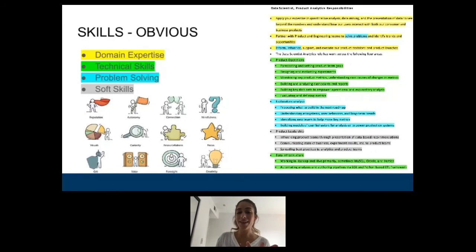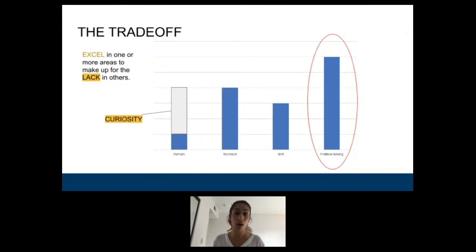So now, putting it all together, right? So we're looking at the trade-off. Okay, and you're evaluating your skill sets, and you're looking at each of these components, and you're saying, hey, where on a scale of 1 to 10 do I land on problem solving, on my soft skills, on the technical and the domain? And if you can look at your skill sets and say, okay, you know what, I'm very high on problem solving. I score very high on problem solving. I'm going to sell them on that,